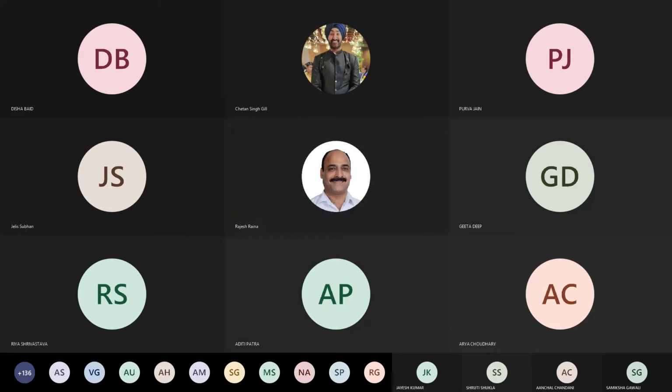Mr. Raina, Mr. Kapil cannot add because he's not a part of this meeting. Could you request him? I just spoke to him, he will be able to share the screen. Go to your participants list and type in the name Kapil, and he will be added from there. I think I can do that from here. I've just done it.